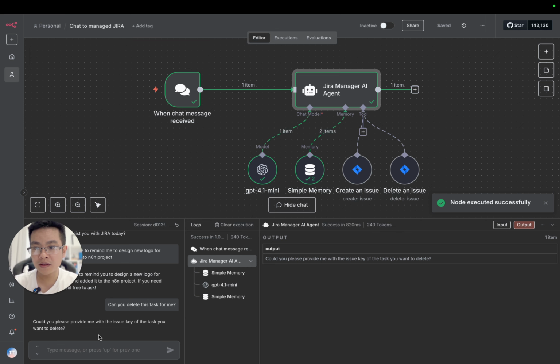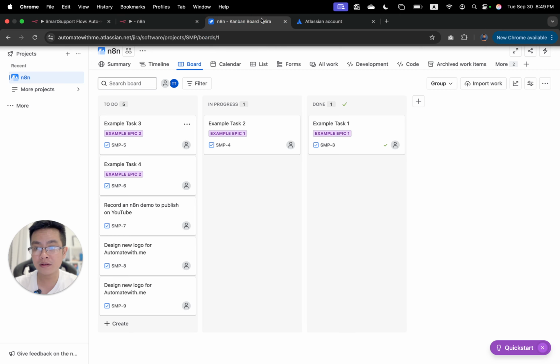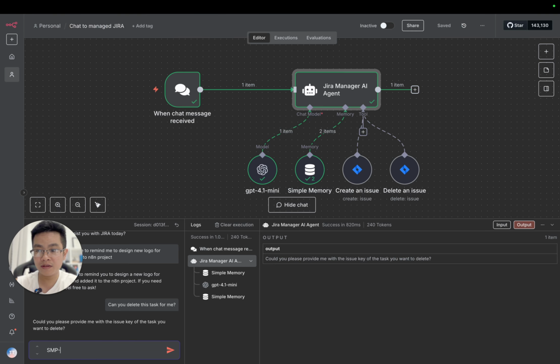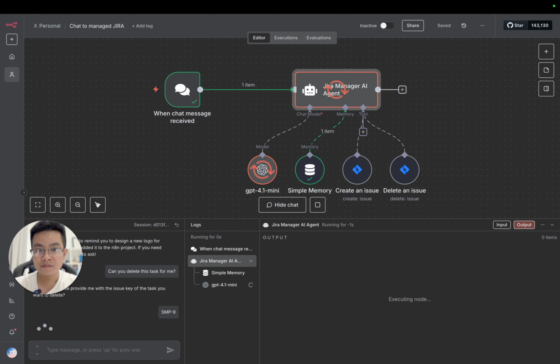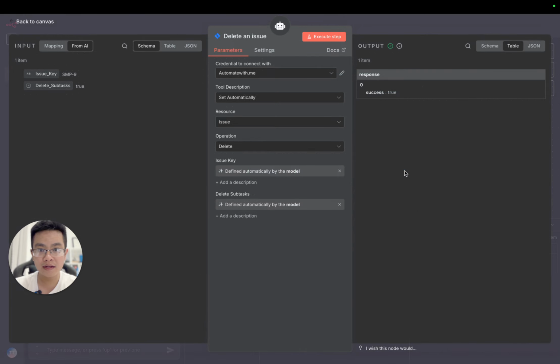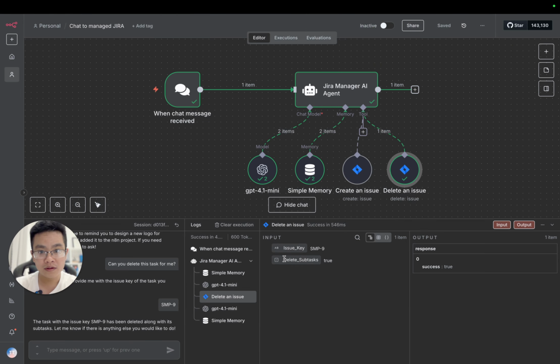Issue key of the SMP9, right? SMP9. Okay, so you can see that when we are talking with the agent, we provide the issue key, and then the agent will call the tool delete an issue and pass along the issue key.